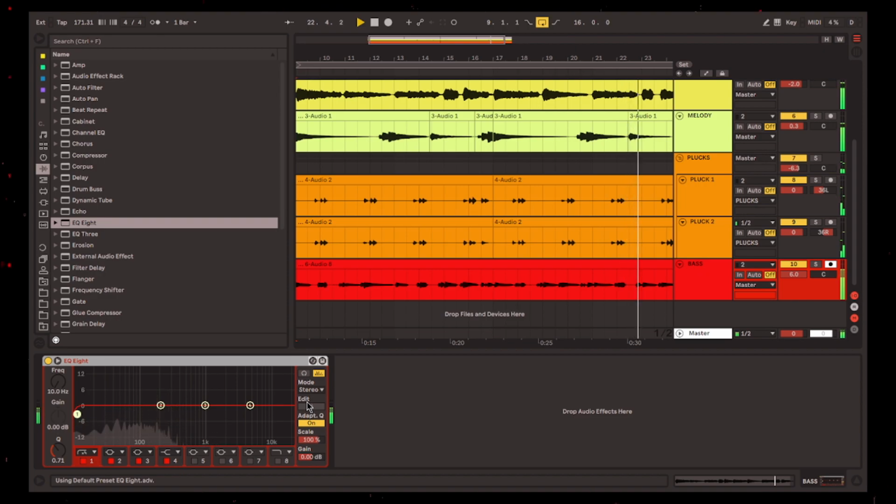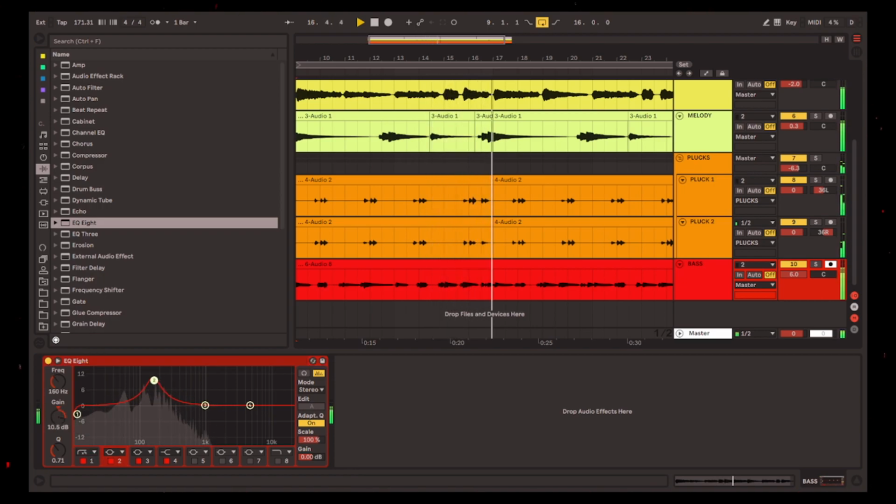I feel there's a lot of growl there, but not enough low end. And the growl is usually around 200, 300, maybe even 400 sometimes. And you can see that here as well. There's a lot of these overtones here, and not much of the fundamental, which is usually a lot lower down here. So I'm going to lower this section here,